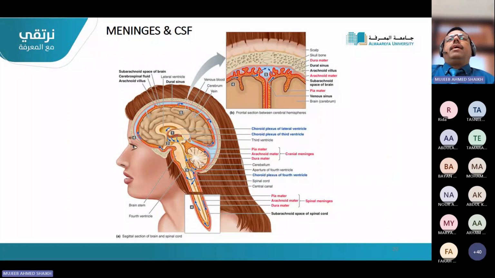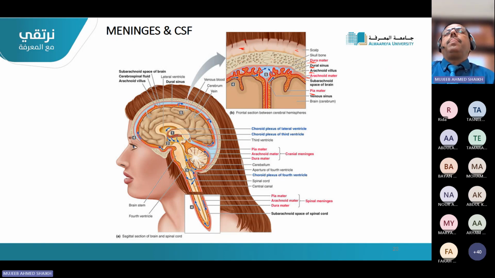Okay, so what we have covered is shown here. This is the skull where you will find the hairs. This is the scalp, again a very tough skin layer. Then below the scalp is the bony skull. Below the bony skull, you will find 3 layers of membrane: dura mater, arachnoid mater, and pia mater. The innermost layer is the pia mater, which is running along with the brain.